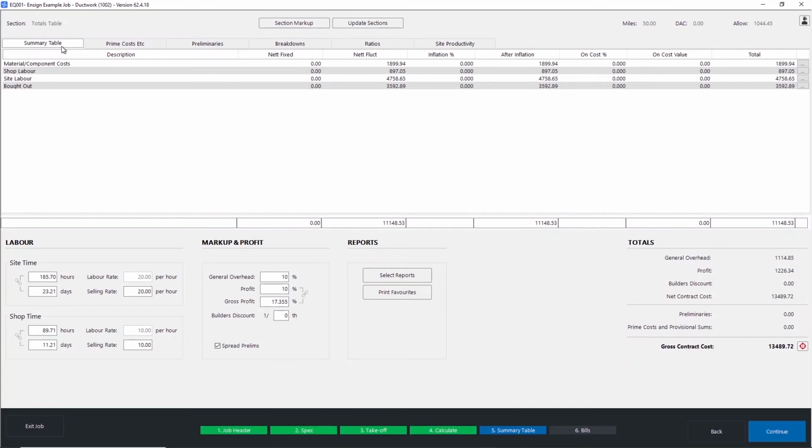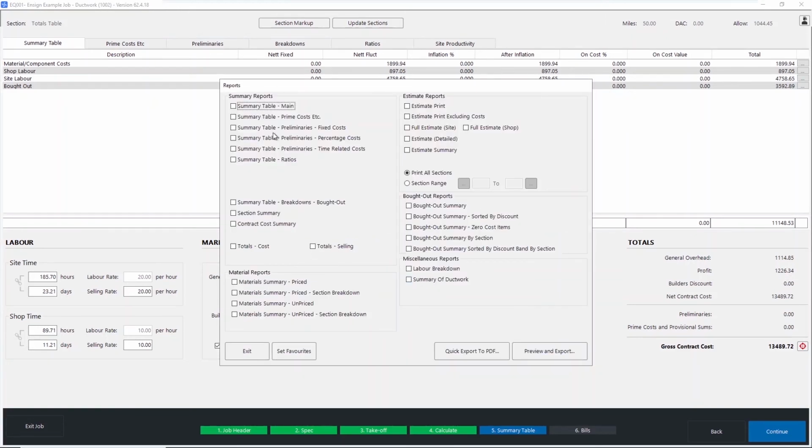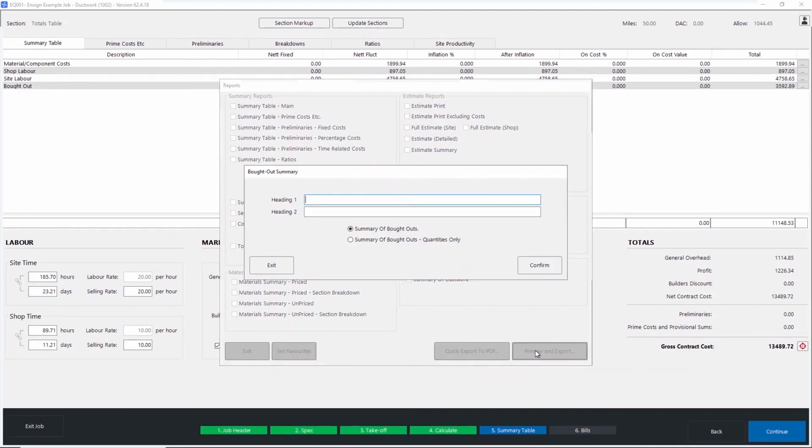Okay, so now we're getting towards the end of our quotation. Now there's different sets of reports and bills basically for yourself and for your client. So select reports are basically all this information in here is for you guys. So these aren't the quotations that we'd usually prepare to send out to the clients. So this is more so if you wanted a material list that you could send over to the wholesaler to actually get a quotation. So if I go for a bought out summary, for example, preview it,